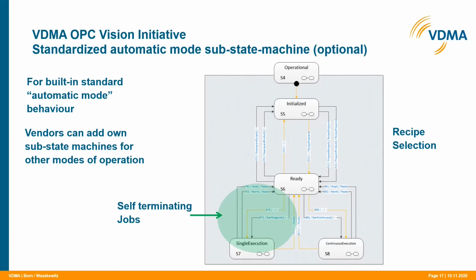Note, however, that the state machine does not require the evaluation to be finished before the return to state ready. This state only indicates that the vision system is capable of accepting the next trigger. It may continue the previous evaluation in the background, yielding a result at some point in the future. Therefore, the availability of a result is not indicated by a state transition, but by an event, as it may